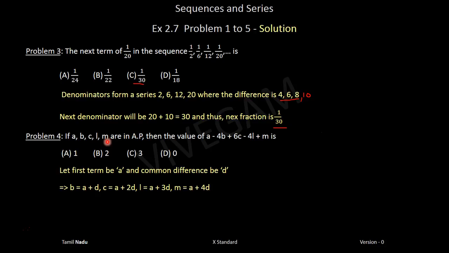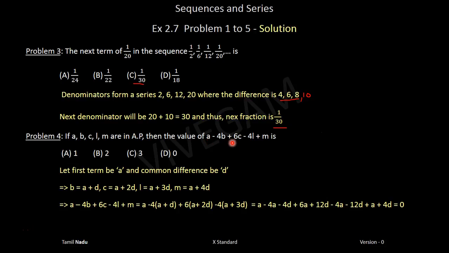So first list it out. So B, the second term, is A plus D. The third term C is A plus 2D. L, the fourth term, is A plus 3D. M, the fifth term, is A plus 4D. Now substitute all these things in this